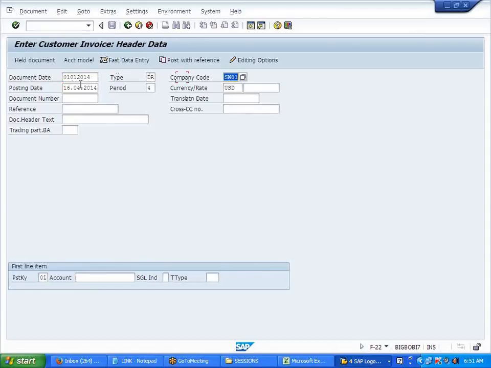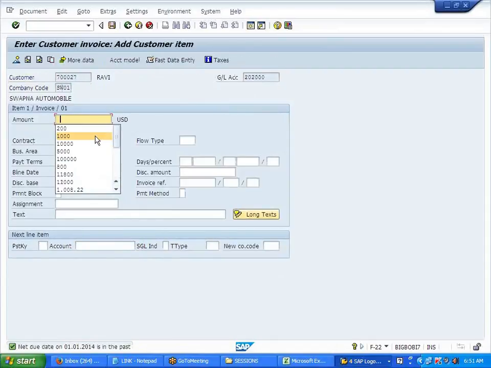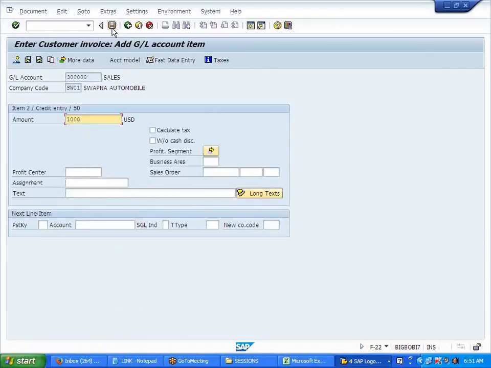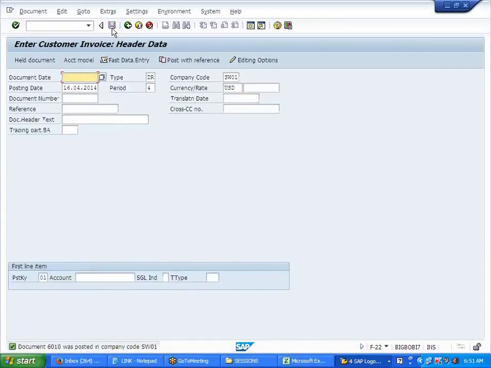Customer invoice. Same $1,000, 50, 3 series, 1,000. Save it. Okay. WC to that 7027, we have to assign. No, I have not assigned. Not assigned.